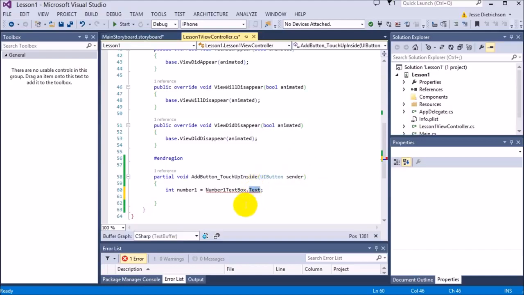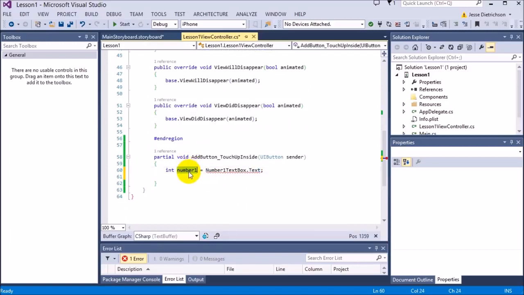And this is saying, oh, I can't store a string into an integer number. This is basic. So what I have to do is convert this string to a number, to an integer. To do that, I'm going to use the parse function. So I'm going to say int.parse and then pass in the string to the function call. That's going to convert the string, whatever's typed into that text box, into a number and then store it into number1